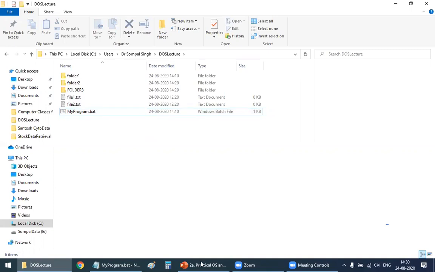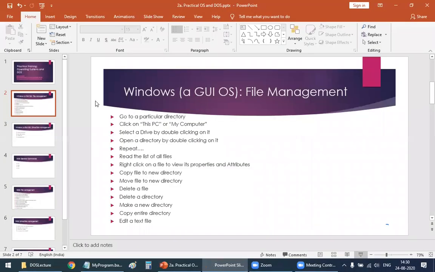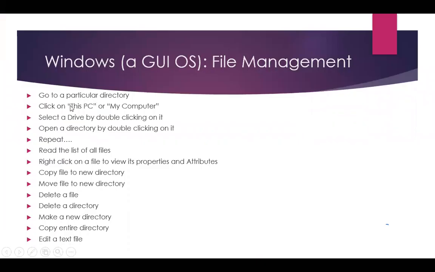So up till now, I talked about going to a particular directory. For this, I had to click on This PC or My Computer, whatever the situation may be, then select a drive.